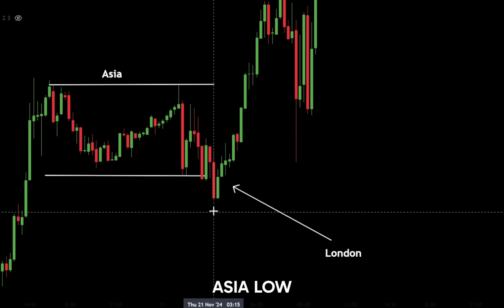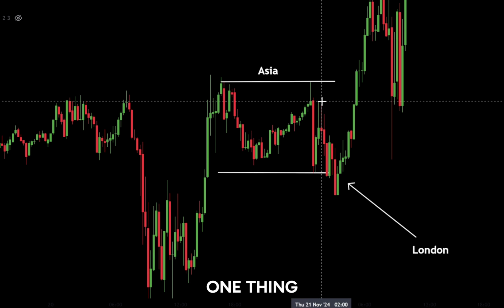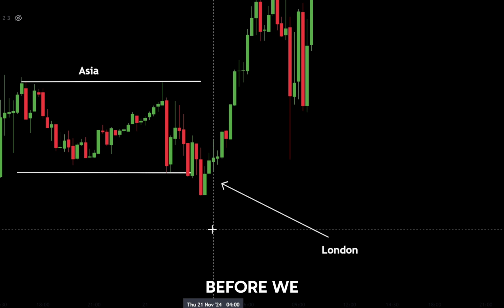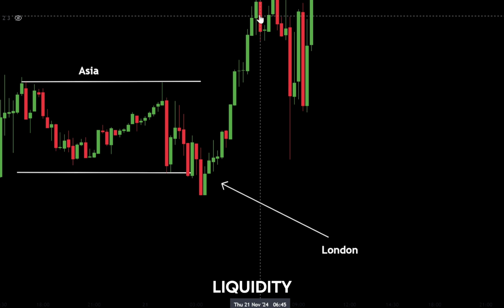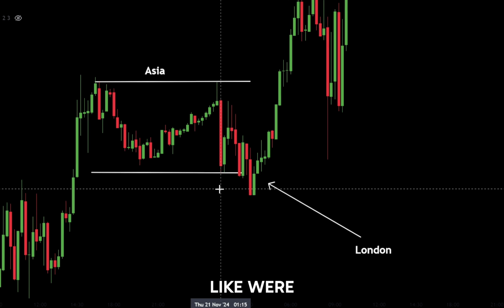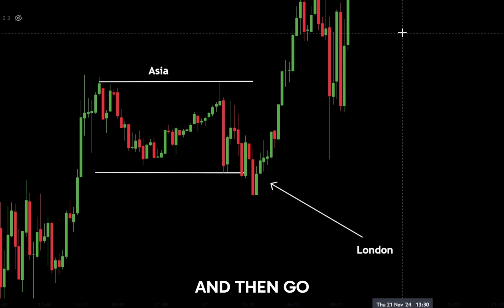We sweep below Asia low, can't make this up, and we go straight for the high. One thing that I like to see is that we do not sweep the highs before we sweep the lows, because if we already sweep the highs, that means we already took that liquidity. So I like for us to take the lows out, fake like we're going lower, catch more buyers, and then go where we